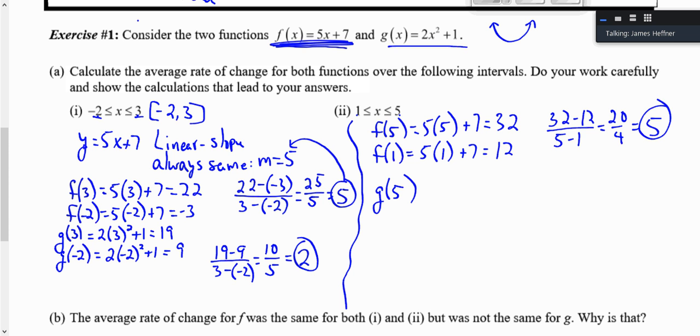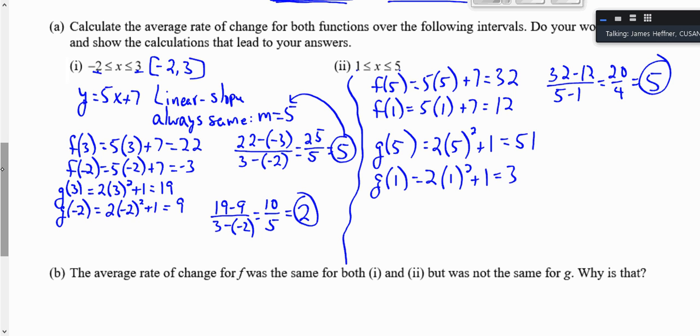So let's find g of 5. Would be 2 times 5 squared plus 1. So that's 25 times 2 is 50. So 51, right? And then g of 1, 2 times 1 squared is 1. So that would just be 3. Okay? Let's find the average rate of change for this quadratic: